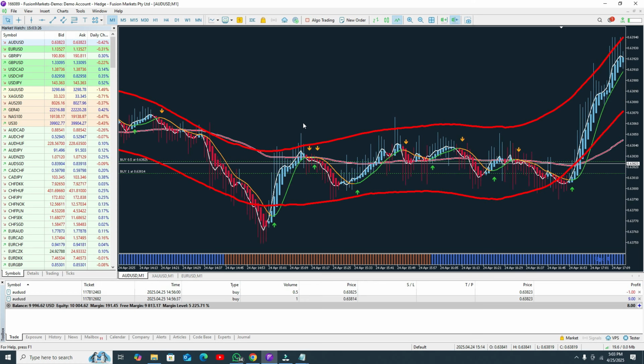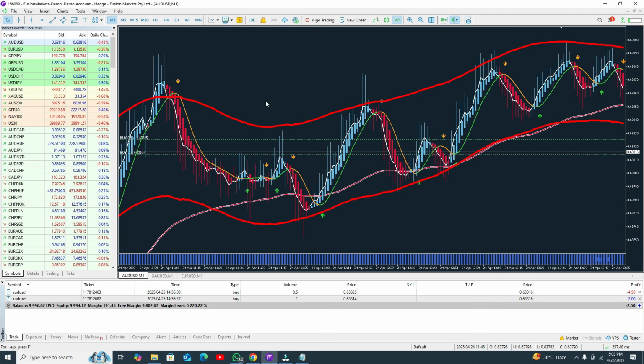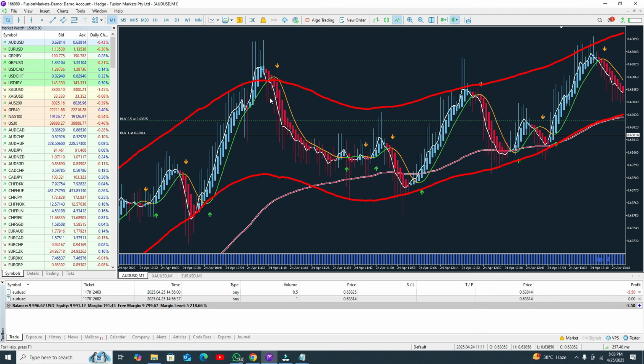You need to open your sell position and close your trade, one more position, but unfortunately no candle touched the lower band line. So you need to close your trade. Maybe you will get some loss, maybe a few cents, but that is bearable. If you are getting a small loss, that is bearable. If you are getting lots of losing trades, then definitely that is not a good thing.